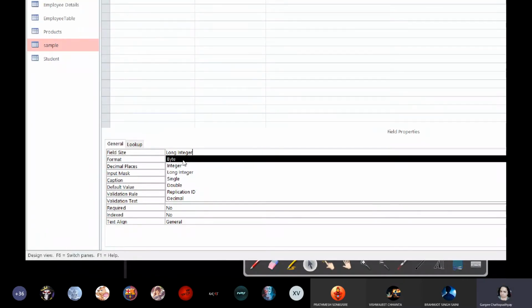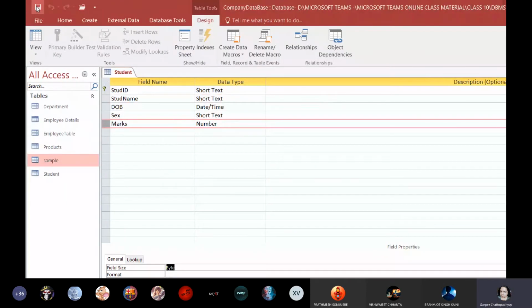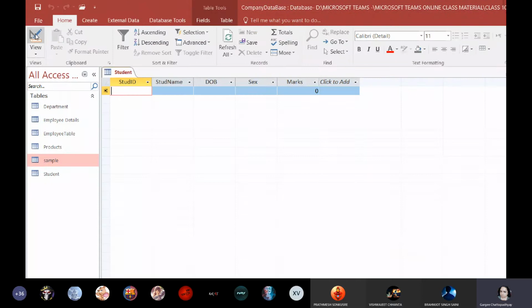Byte means it will save everything in the form of 1 byte. So it will be a very small number. So I can set byte over here. That is what we need. Okay, fine. So we have saved the table, and now let's switch to the datasheet view and try